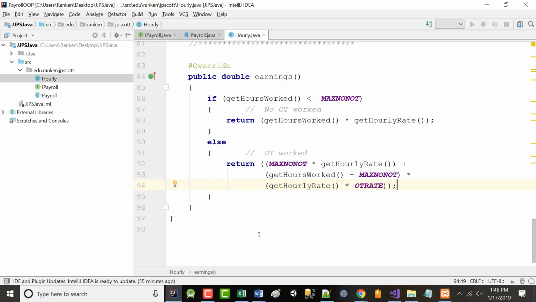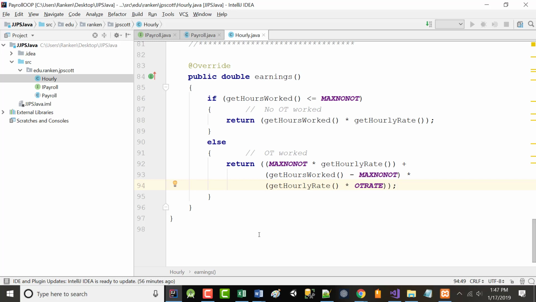We're not going to write the driver yet. We'll write the driver a little later, but we now could write a driver and we could start testing the hour stuff. Rather than doing that, we're going to take a break until 2, and then after the break, we're going to come back and we're going to write the commission class. All right? If we have time, we'll write all 4 of them. This was going to be your pretest. All right? But we're doing the pretest now as a class.